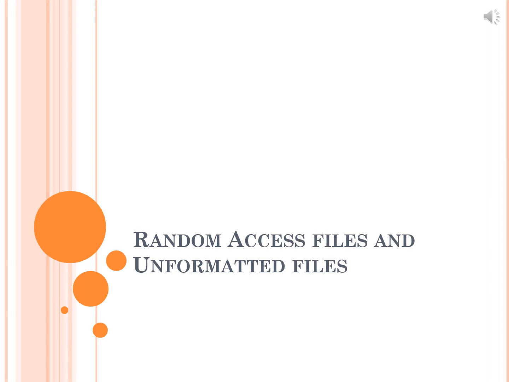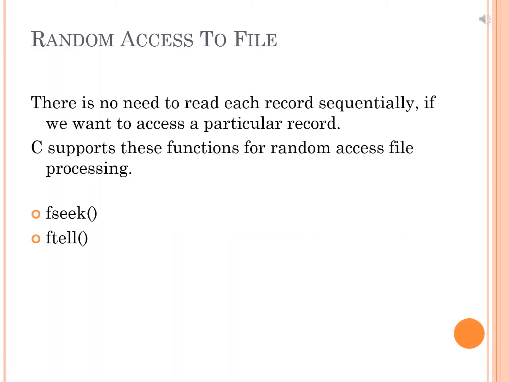Today we'll see reading and writing operations onto random access files as well as unformatted files. We had two types of files. One was the sequential files and the other was random access files. In sequential files, you could access the data from the top in a sequential manner till end of file. You could not access the data at a particular location. It was like a linked list. Random access file is like an array where any intermediate record in the middle you could access the data.